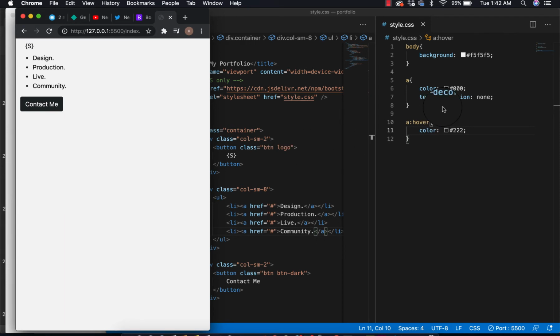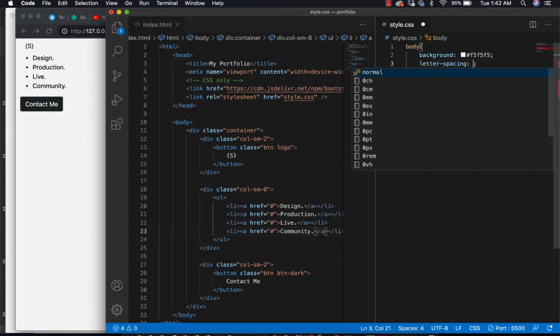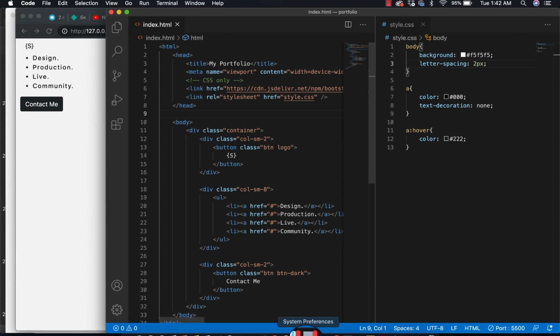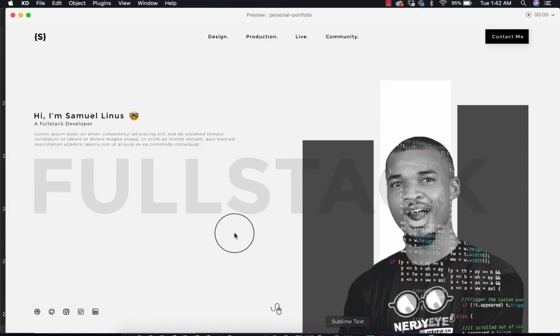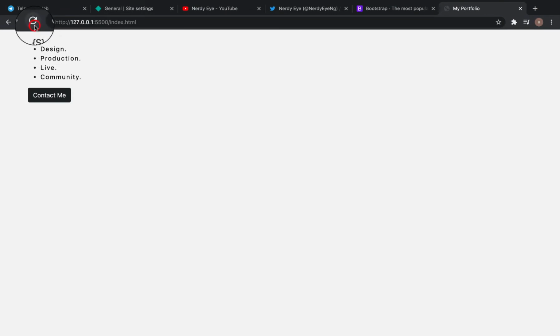The next thing I want to do is add letter spacing, because the entire design has a letter spacing of about 2px. You see that. The font used in this particular design is called Montserrat. So let's see how we can install the Montserrat font. If you want to install the Montserrat font, what you are going to do is